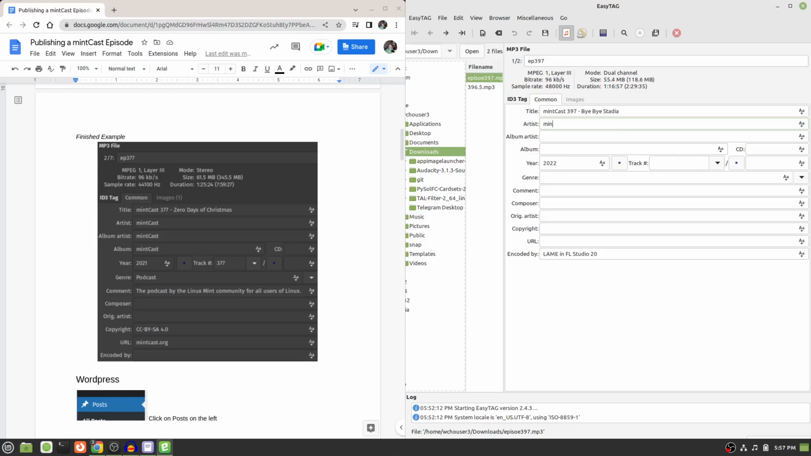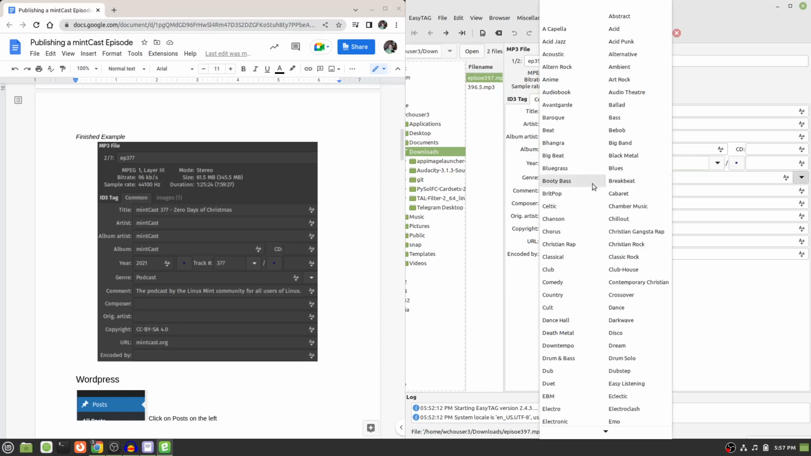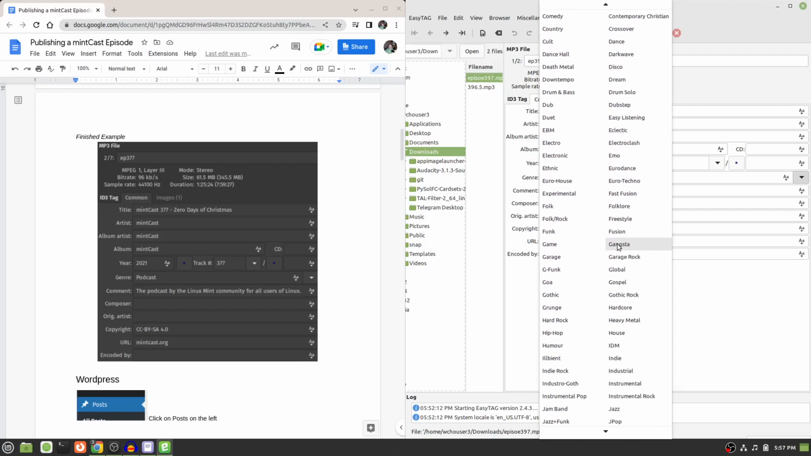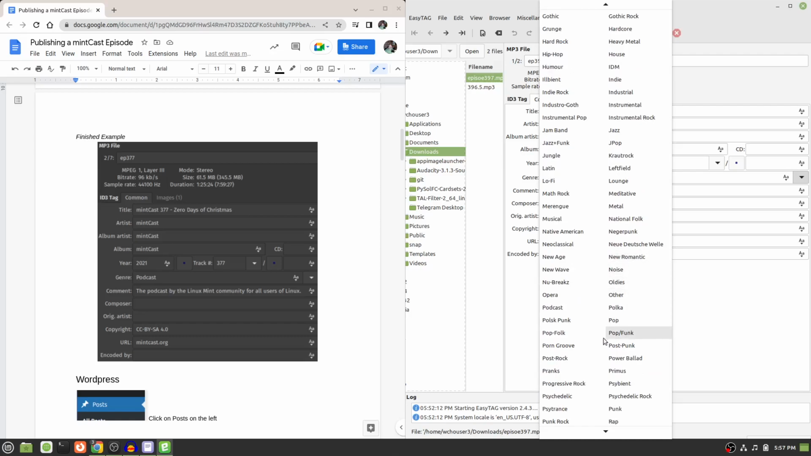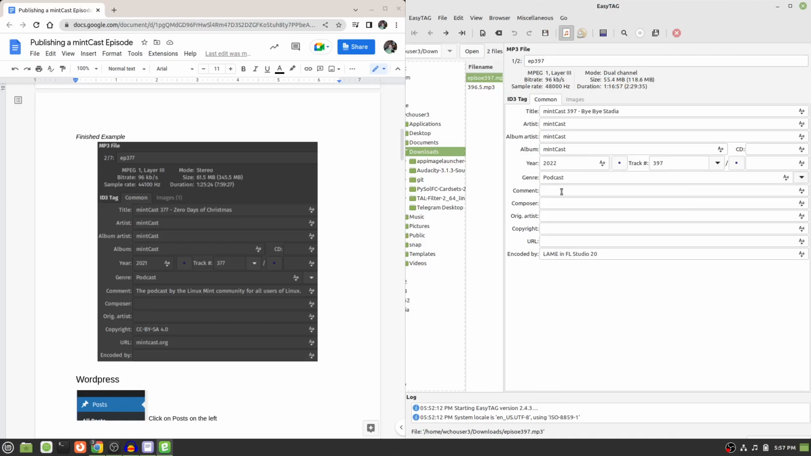Okay, so artist is mintCast. Capitalize the C. Album artist mintCast. Album mintCast. Year 2022. Track 397. Genre. Now there's a drop down for this. Okay, keep looking. I do not see it. Okay, of course it's right in front of my face. Comment: The podcast by the Linux Mint